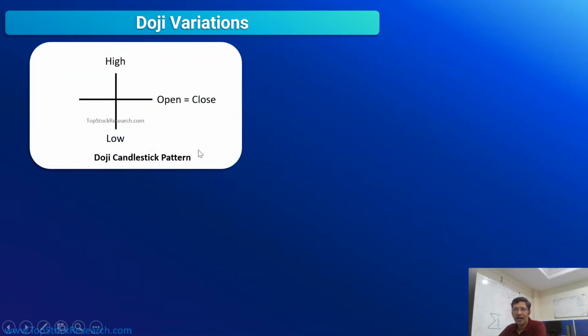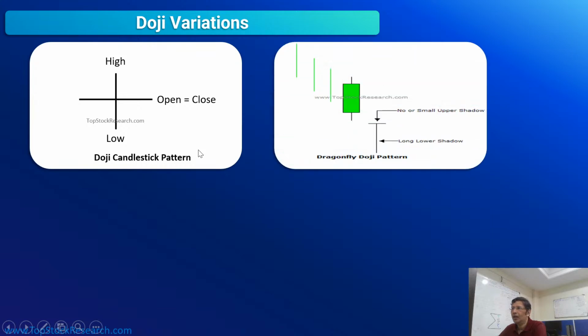Doji variation, a standard doji. Another doji is basically the dragonfly doji, wherein open is equal to close, but there's a wick only at the downside, right? There's no upper wick, but the wick is only towards the downside, right? Which also tells you a lot of things, right? So anybody wants to guess what this particular thing would mean? It opens here, goes all the way down, came back up here, right? So what should it